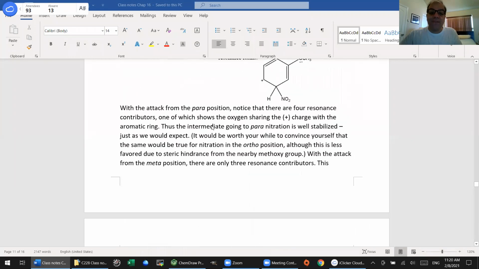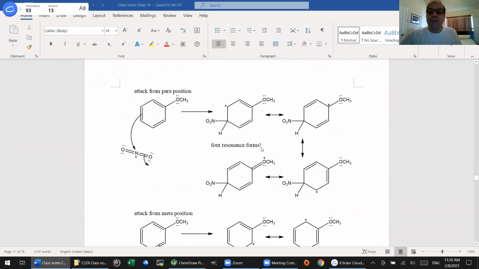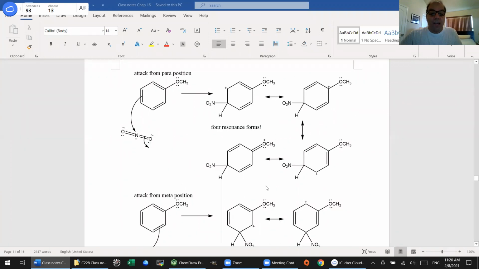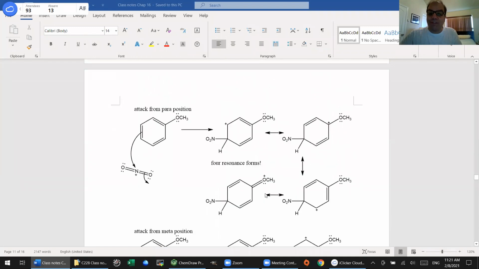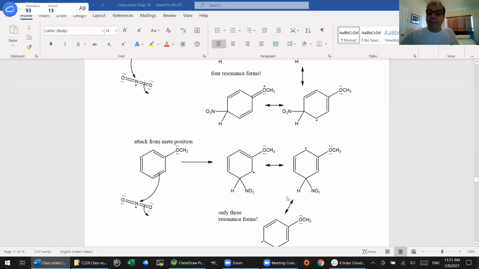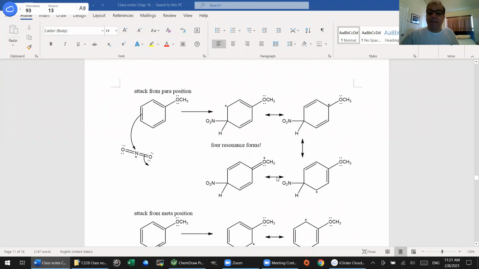In the case of the ortho-para directing groups, if we compare the two possibilities, ortho-para substitution versus meta substitution, it's easy to see why ortho or para substitution is very well favored over meta substitution, because we get a nicely stabilized